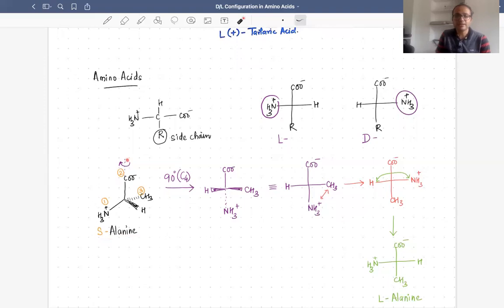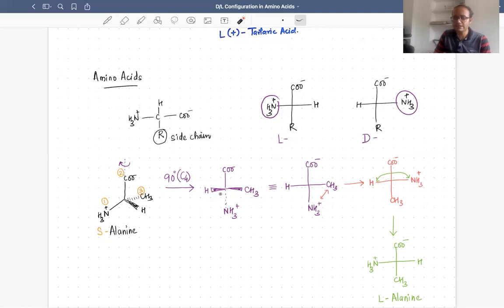Across this particular bond, I have rotated by 90 degrees. So it will move this amino group to the back side, so I've written it as a dotted line here. When I rotate like this, moving this to the back side, this front group would come here on the left side, and the CH3, which was on the back side, would come to the front and to the right side. That's how I have done it in here. Now you can directly convert this to the Fischer projection formula. So you got this Fischer projection formula.